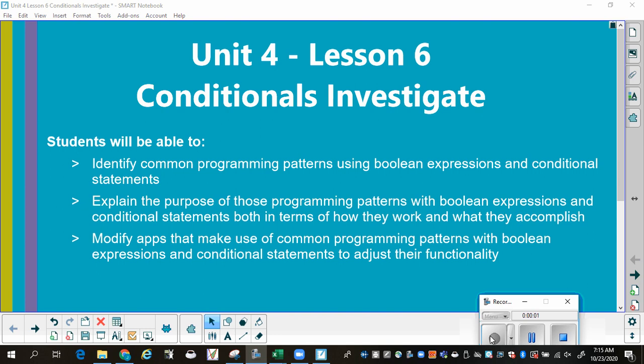Conditionals investigate. At the conclusion of this, you'll be able to identify common programming patterns using Boolean expressions and conditional statements. You will be able to explain the purpose of those programming patterns with Boolean expressions and conditional statements, both in terms of how they work and what they accomplish. You will be able to modify apps that make use of common programming patterns with Boolean expressions and conditional statements